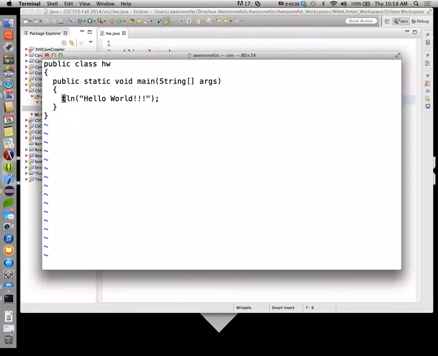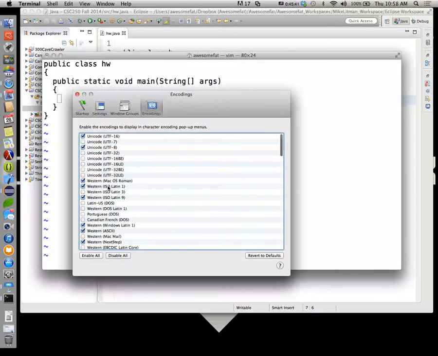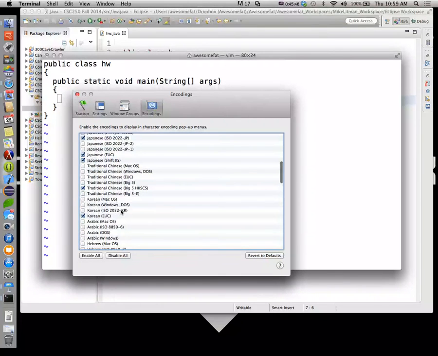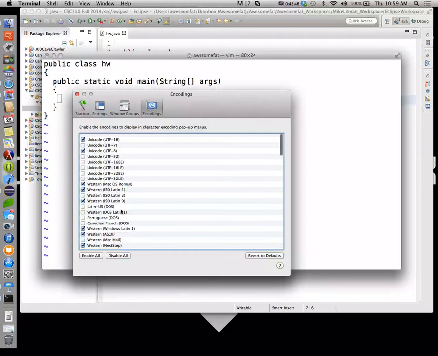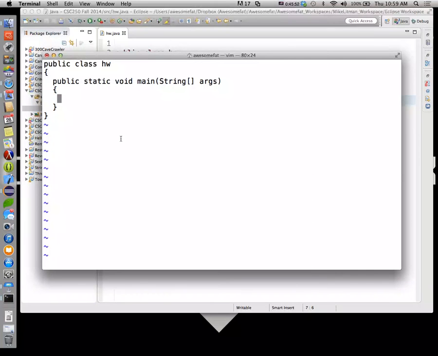So just as a fun experiment, let's print out, I want to make sure I have ASCII turned on. Oh, UTF-8, it's fine. That's ASCII. So we're going to look at the characters from the ASCII character set.